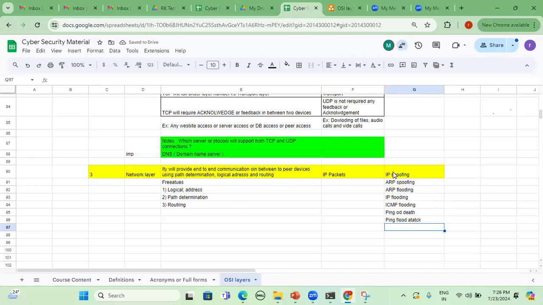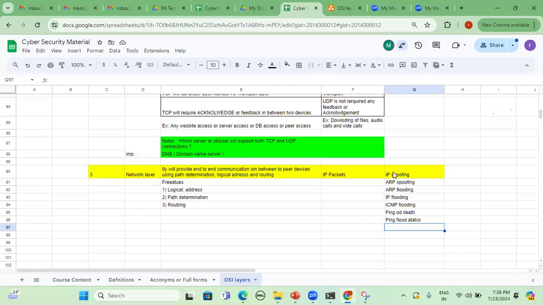IP spoofing, because logical address is nothing but the IP address. Every computer or every device in the network or organization, we assign a numerical number without any characters or alphabetical letters. That number we call a logical number or logical address. That is called an IP address. We have to assign that IP address to each and every machine connected in the network using LAN or Wi-Fi. In a similar way, what will the attacker do? The attacker will do spoofing, masking, or impersonating of the respective IP, which is called IP spoofing; we can discuss that later.